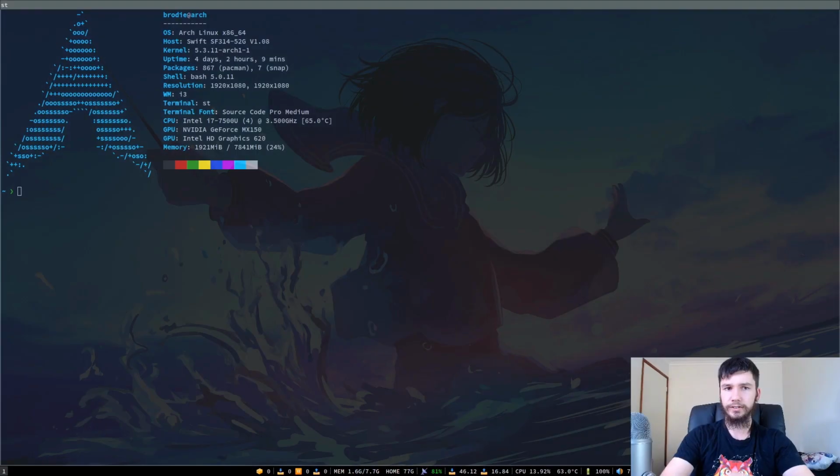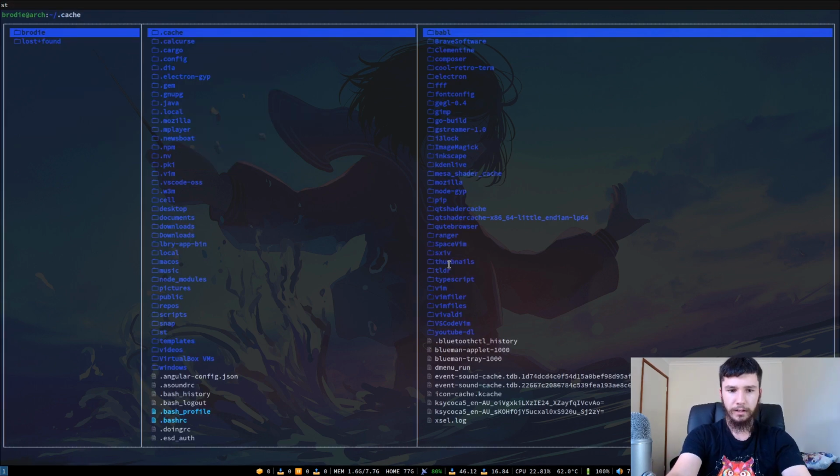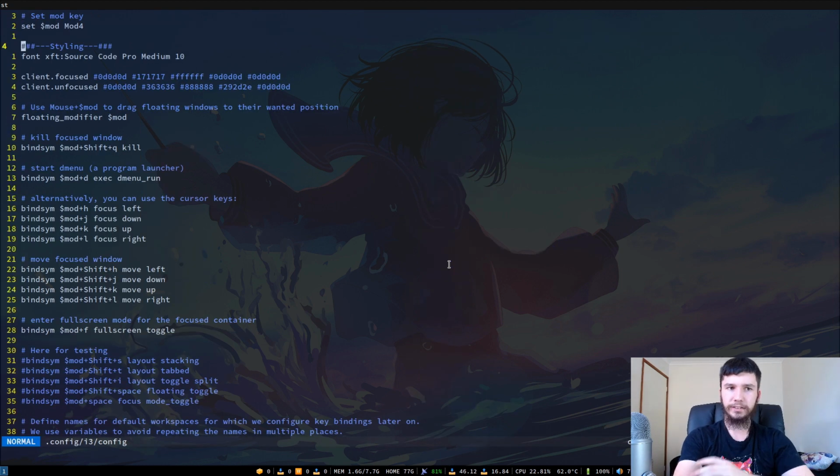So if you don't know how to do multi-monitor support, I'm not going to go through it in this video, but I use a program called xrandr and I've done a separate video on that before, so I'll put that up in the top corner, so go check that one out. So if you've already got multi-monitors set up and you just want to know how to use it better, and maybe in a way that you didn't know how to use it, then keep watching this video. Or if you want to keep watching and you haven't got multi-monitor set up, I guess you can watch it then. So we're going to go into my i3 configs, and the first thing that we're going to go over